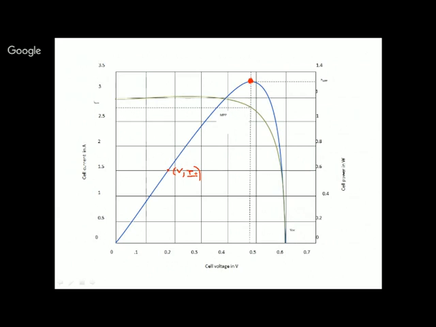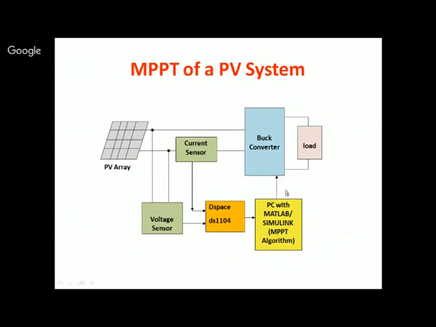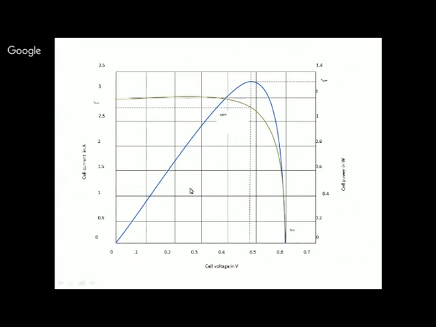So what I will be doing, I will now apply a duty cycle here. I'll change this, and now I will find the new voltage and current. In the previous case, our voltage was V and I. Now I perturbed the system, I disturbed my system and found my new voltage and current. So this is my new voltage V1 and I1.